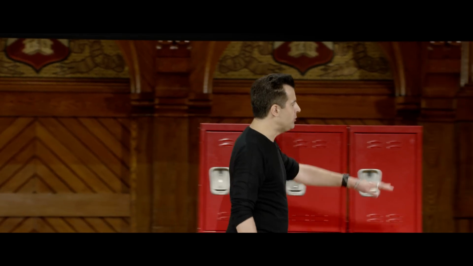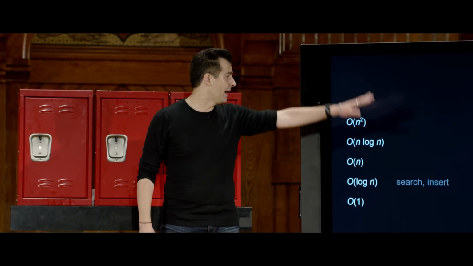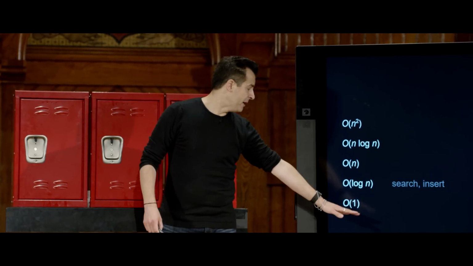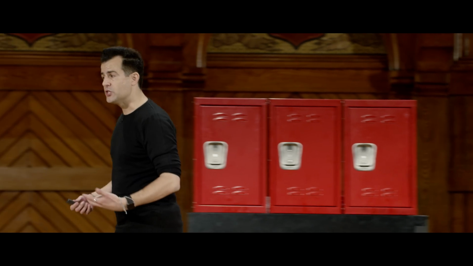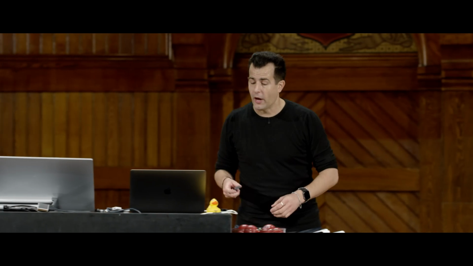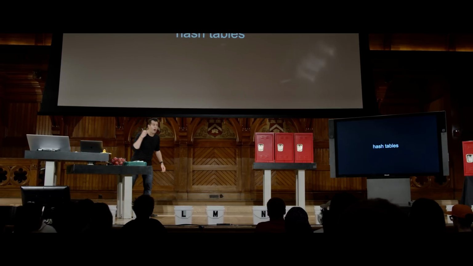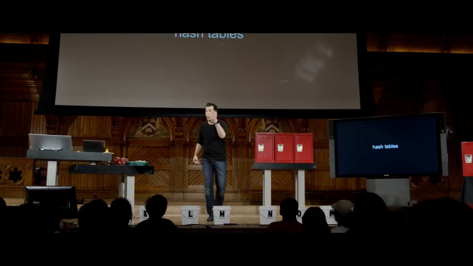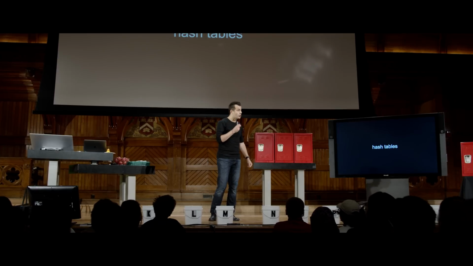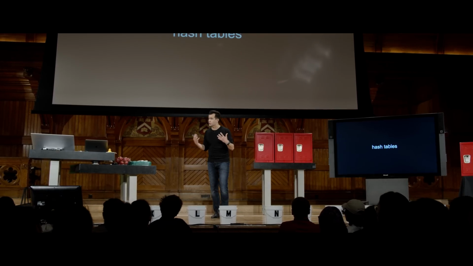Every time we talk about running time, it feels like we want to be low on this list and not high, right? N squared was slow. Big O of 1 is constant time. That's fast. Wouldn't it be nice throughout this story if we actually found our way to a data structure that gave us constant time? Like, my God, if we could just insert something into a data structure with 1 step and find something in a data structure with 1 step, that's sort of the holy grail, so to speak, because